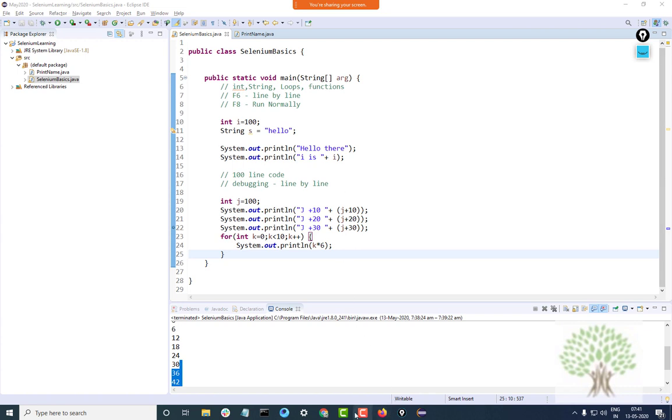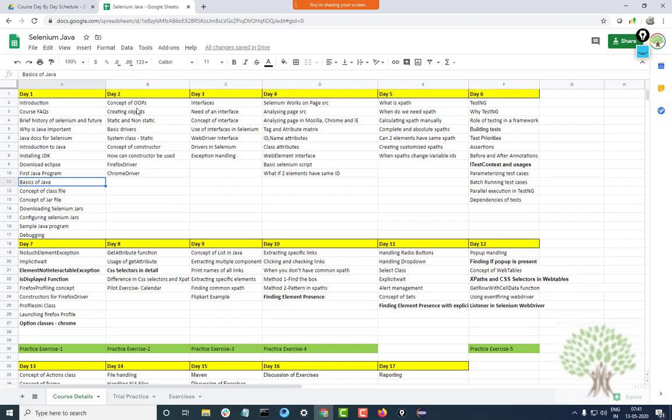Now, the next thing which we are going to learn is object oriented programming. Today was the first introductory day. I am not taking a very long class, so I'll stop here for today. But from tomorrow onwards we will be jumping over to OOPS and all, and we will be really going towards Selenium concepts as well. We will study different drivers and all.